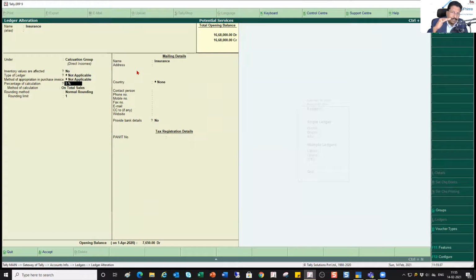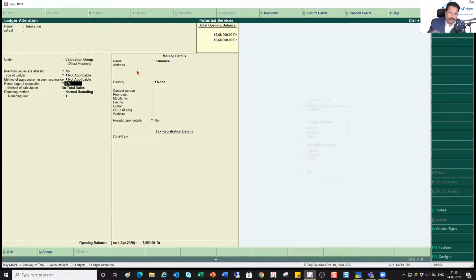In the subsequent session we will discuss each option under the ledger master. Also, what are the different types of options that are available under the ledger master? Again, for each ledger, depending on the type of parent that you are selecting, all those options also we will see as part of our magic of Tally, or as tips and tricks, right? So in today's session, basically we will try and understand the calculation aspect of it, right?